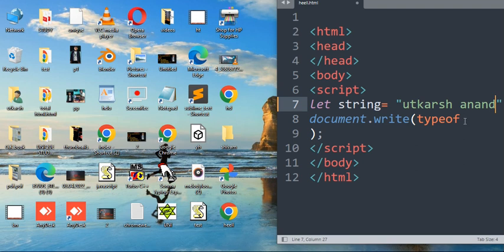And if you want to know the type of the variable, write document.write and the type of your variable name. The a string is the name of my variable. I can change it, and I have pasted it here. And if I save it,